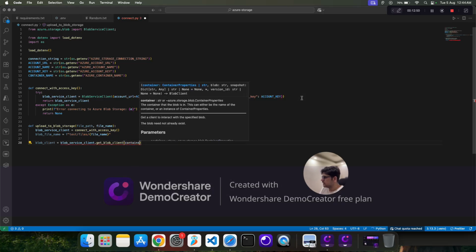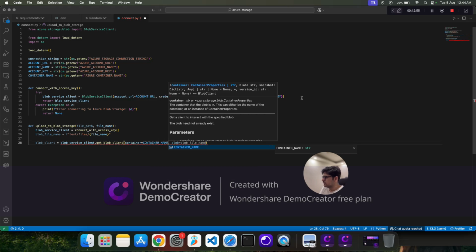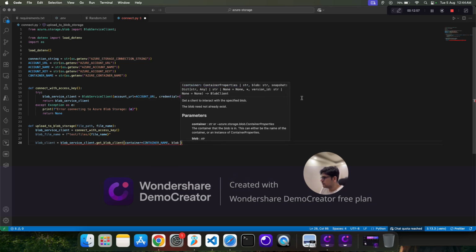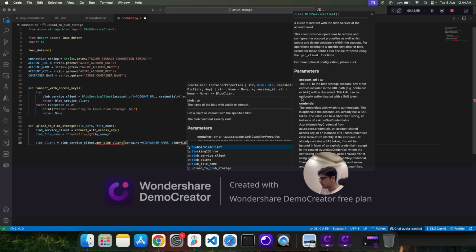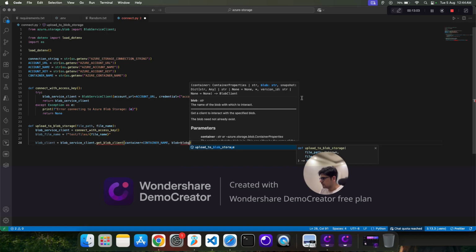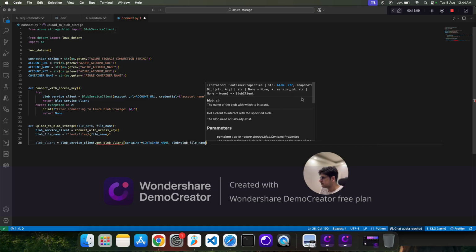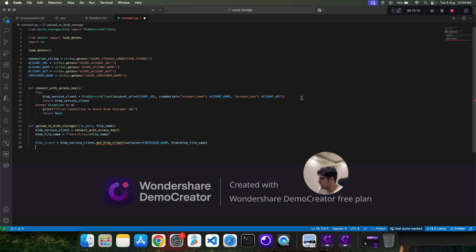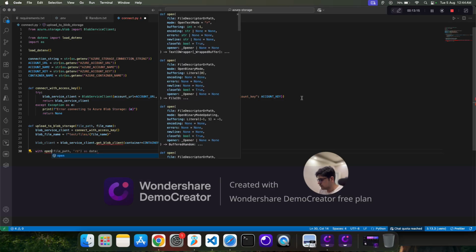We have a container, which is the container name variable, and we have a blob, which is my blob file name. It's the variable we just created right on line number 26. Blob file name, right? So now that we have this, all we have to do is with open,